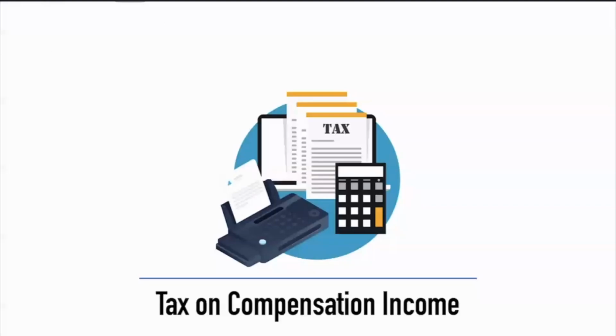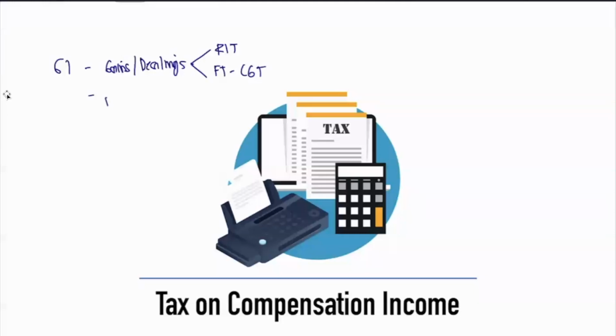For this session, we will talk about your tax on compensation income. So for your tax on compensation income, we said before there are different items or major classifications of items of gross income. First, we have your gains from dealings. And we already know that there are items subject to RIT and subject to final tax in the form of